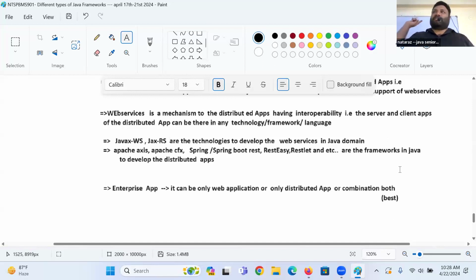Take two examples: browser to flipkart.com website, flipkart.com talking to PhonePe, distributed, PhonePe talking to bank, distributed. Overall, it is an enterprise application or not?